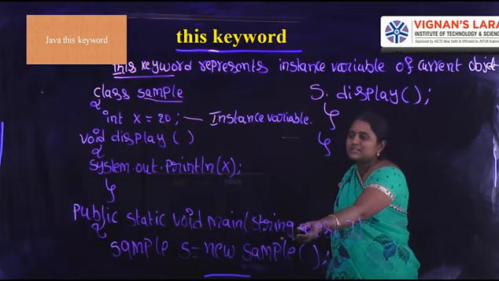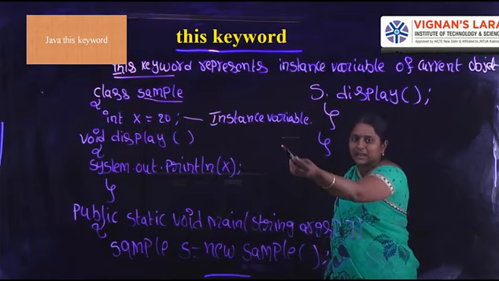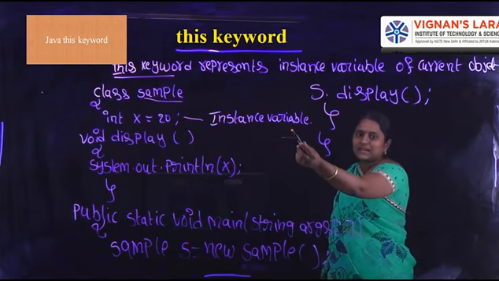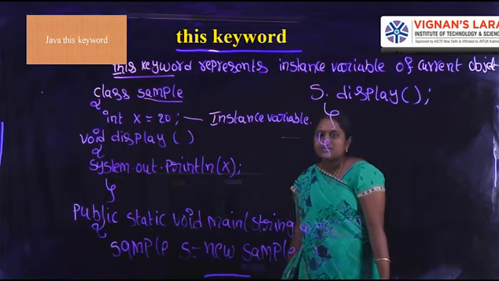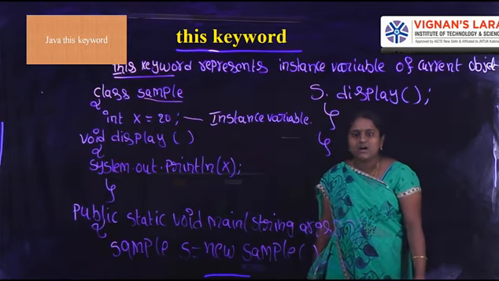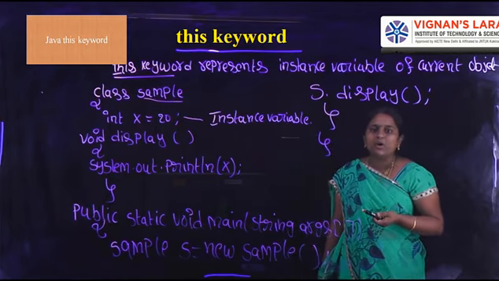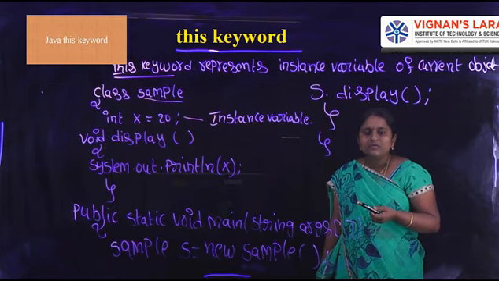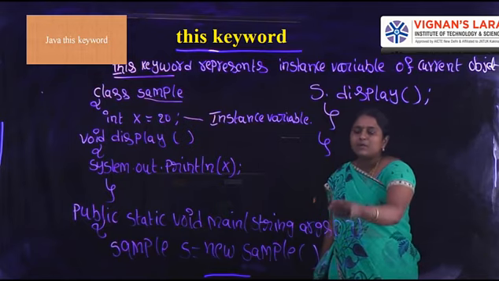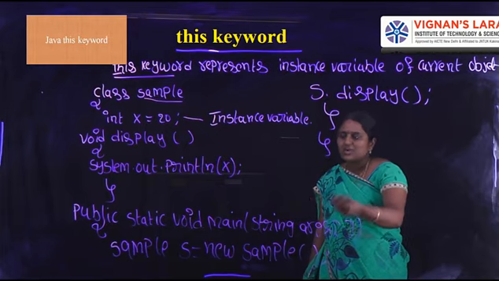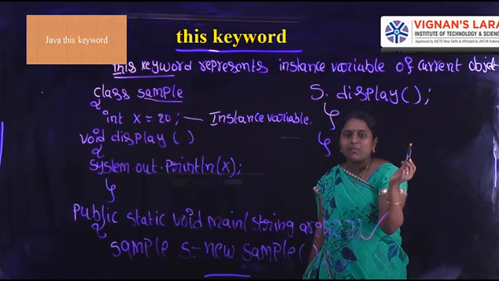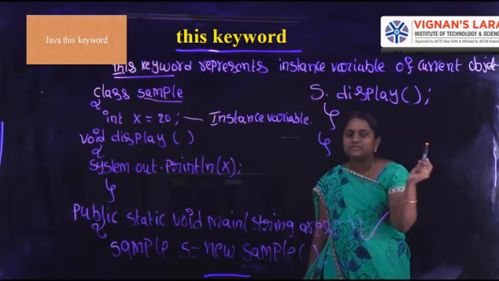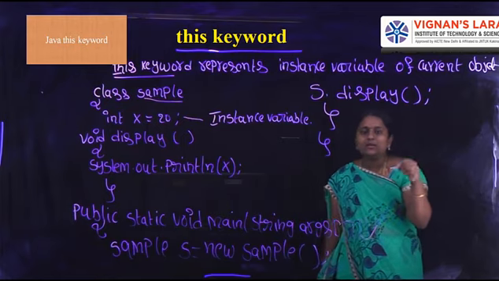Next, in this main method I am creating an object of the class. With respect to the class we can create objects. In this example our class name is Sample. Why do we need to create an object in Java? In Java, the main method of the program is loaded into memory, and Java starts its execution from the main method. Apart from that, everything is contained in the form of bytecode. Only when we create an object in Java are instance variables and instance methods loaded into memory.